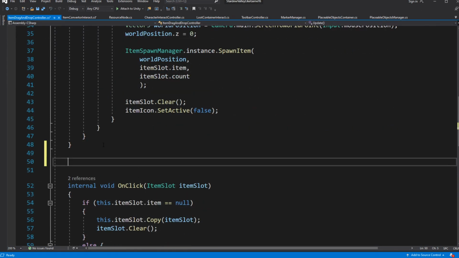So let's create a new method called Check, which will accept item and count as parameters.